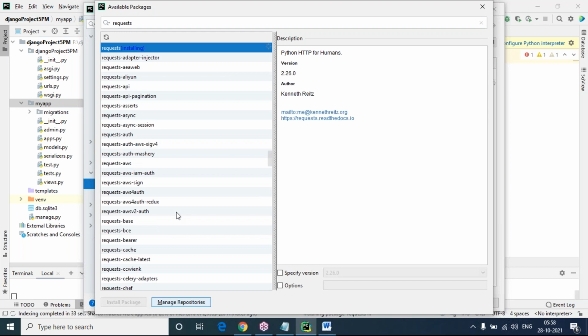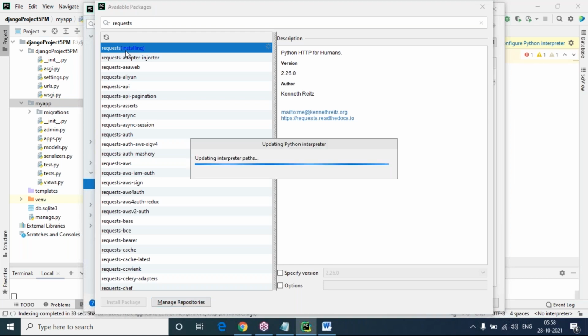I'm just checking because there is no module called request. This module is compulsory, because we are requesting the data from the API into a normal Python file, that is the test.py file.